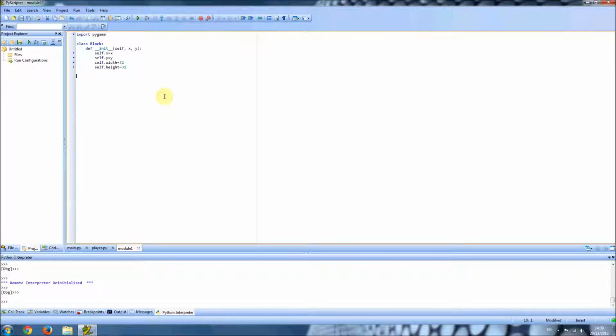We're doing it in a 32 by 32 grid. Each cube is 32 by 32. Just makes it easy. And then we're going to make a render method and put in self and window. The window is what we're going to be drawing on, so that's quite important for this method. And in that, we're just going to do